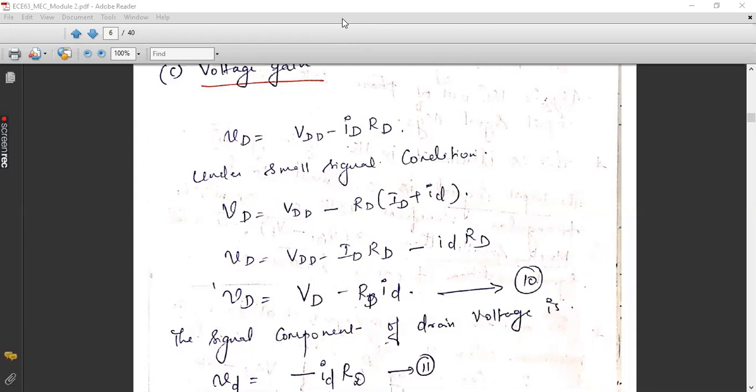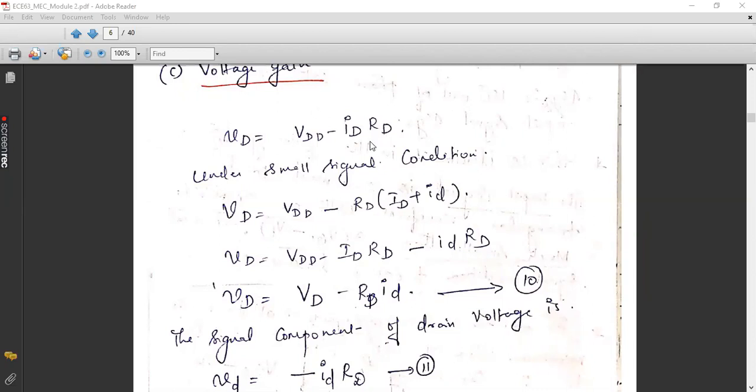So let me start with the new topic, that is voltage gain. In the last class, we studied how to derive the expression for the signal current at the drain terminal, that is small letter id. The lowercase letter stands for the signal component, that is the AC component, and uppercase letters stand for the pure DC component. A combination of uppercase letters with a lowercase subscript denotes the overall voltage and overall current, considering the effect of both DC and AC signals. Next, we are going to derive the expression for the voltage gain of a MOSFET amplifier.